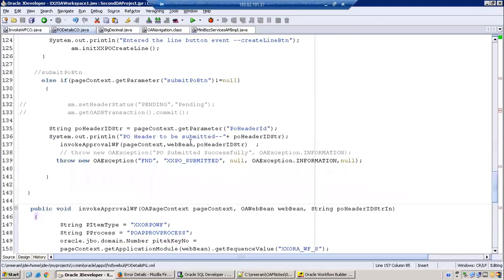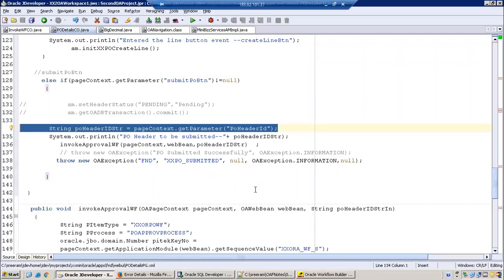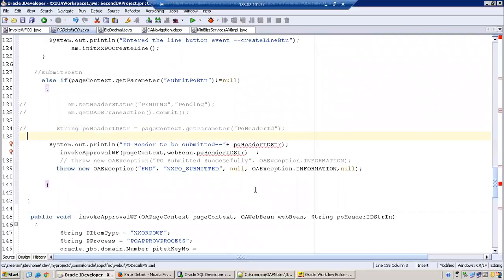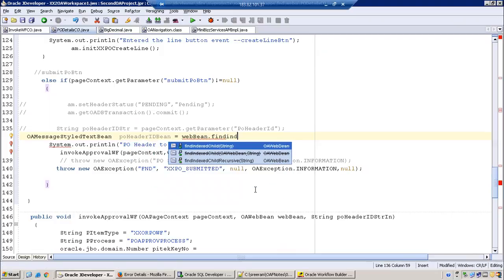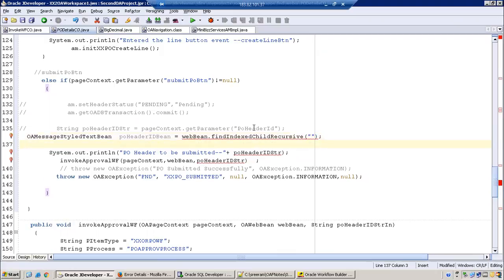One more interesting thing is sometimes this page context dot get parameter will not work. Okay, now I'll show you. What I'll do is I'll just declare OA message style text, PO header ID bean, web bean dot find index child recursive. So this page context dot get parameter logic may not work for all the components.